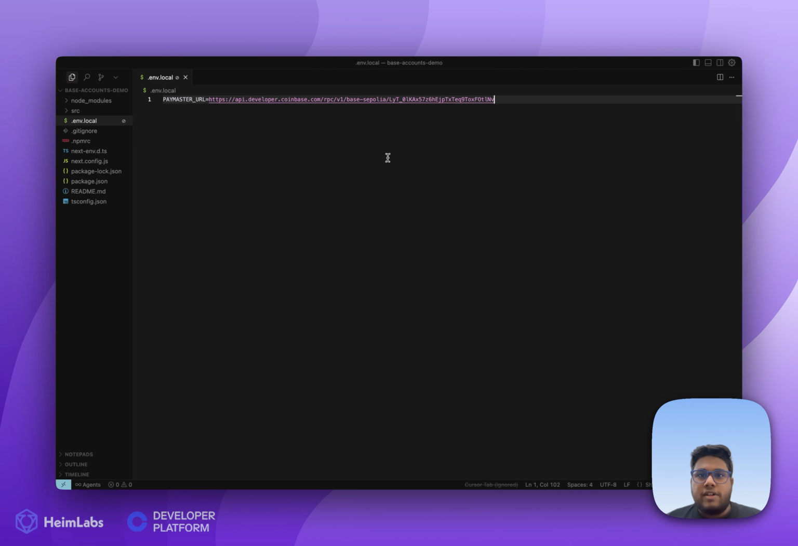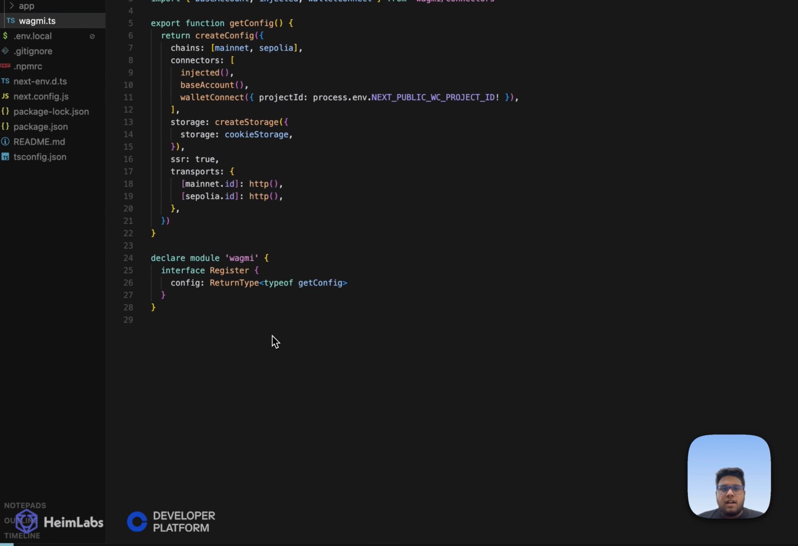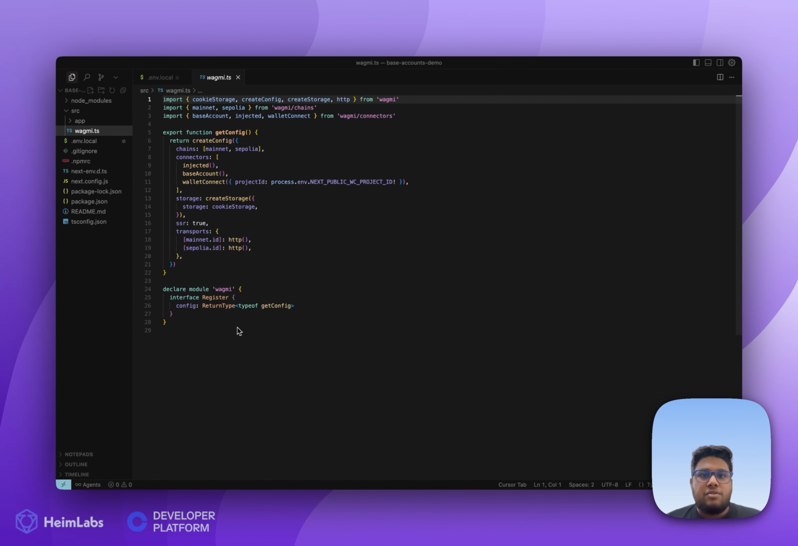So make sure that you are checking those. While you're working on mainnet, make sure you're using the Base mainnet paymaster URL. So this is the only env that we would need for our application, the Base Sepolia paymaster URL. Once that is done, we can move to the wagmi.ts file and make the changes needed here to accommodate